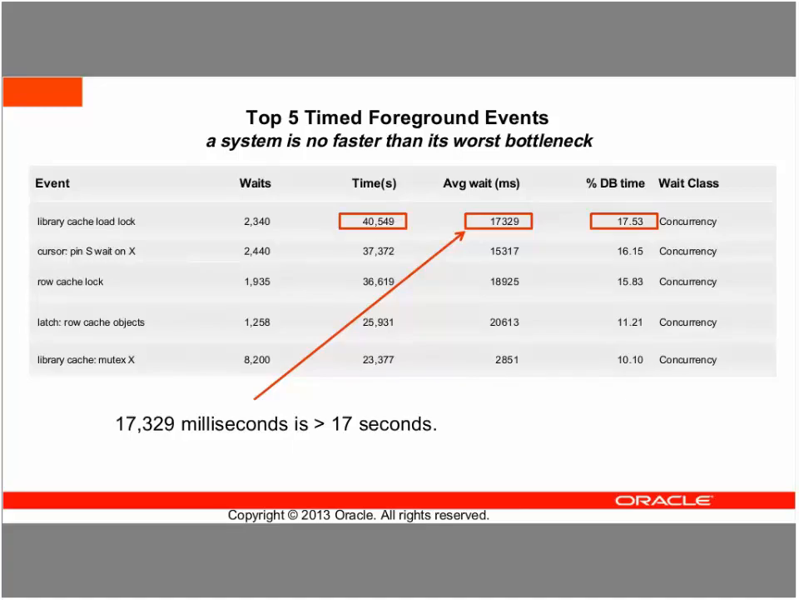And it consumes about 17% of our DB time. So 17 seconds per execution is a huge number for something that is involved in a parse. Okay? So when we look at the events here, at some point you have to recognize what each event